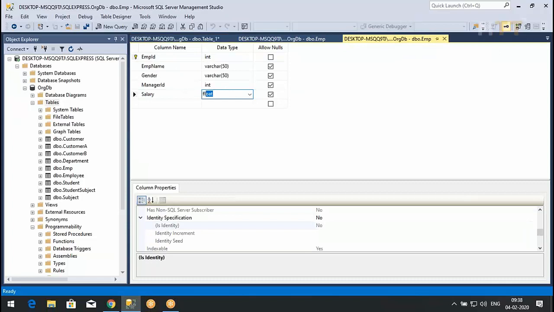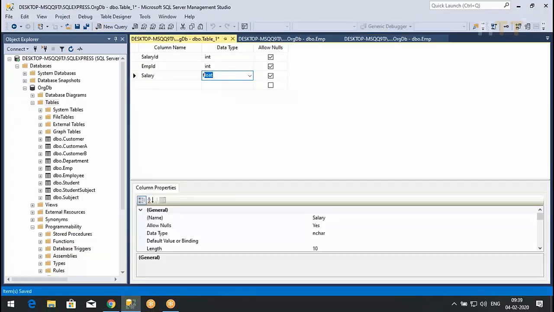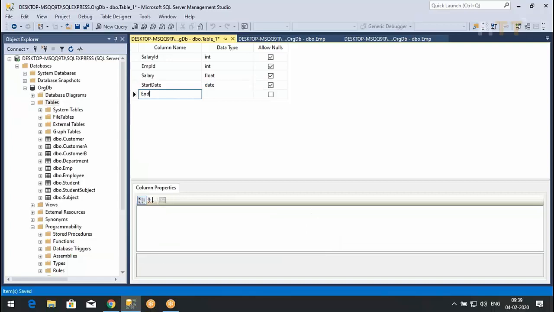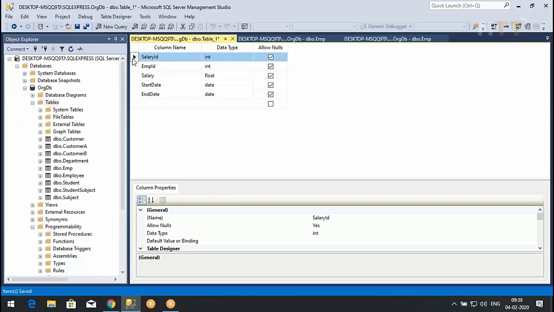Float. It should be float. Are you all getting things? Start date as date. Let us leave it as date. End date as date. That's it. Any doubt in this? Salary ID is the primary key, right?